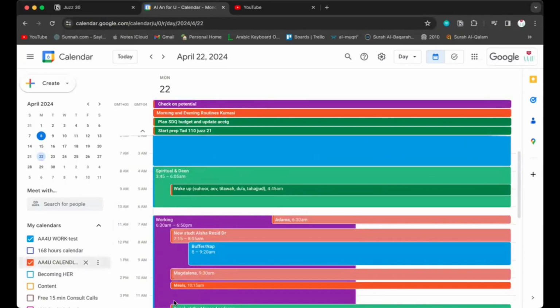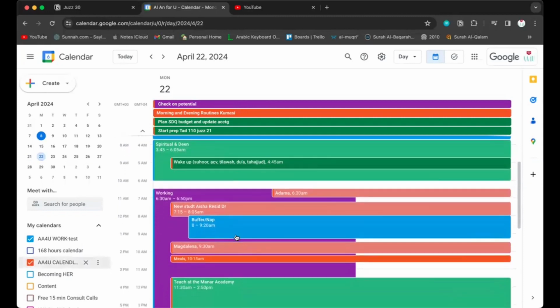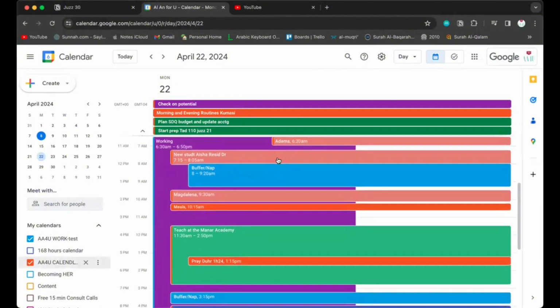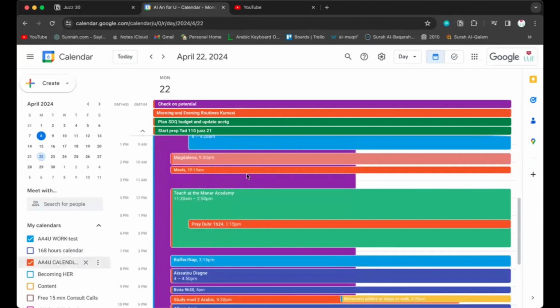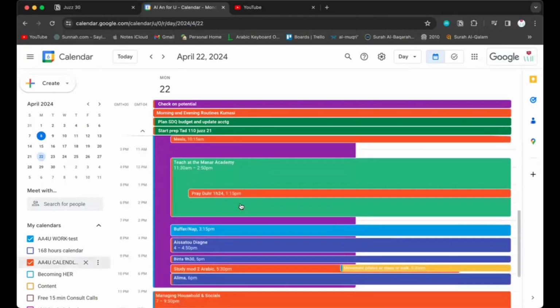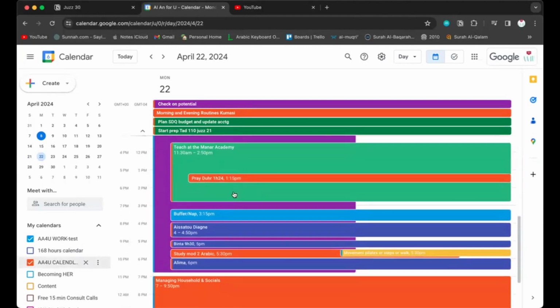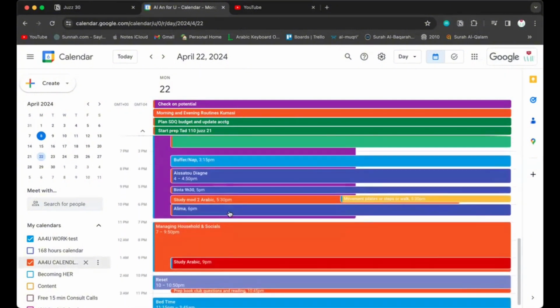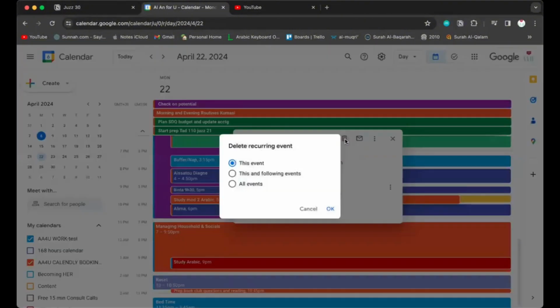So now you see how it is. The actual calendar. Okay, so you see how the purple is working, and you see all my commitments starting from the 6:30, right? Then you see another commitment here in between. I have my buffer. Then I have some meals, and I have to go teach. Zuhur is there, but I pray at the school. I have some buffer again here. Then I have commitments again, teaching. And I even put some studying here, but that's going to be my movement. So I'm going to actually take this out because I need to put movement. So I'm going to delete this particular one.